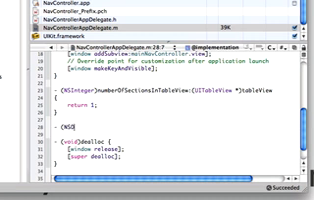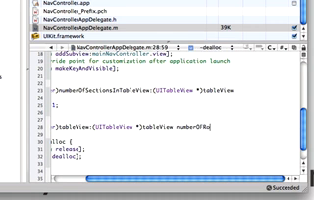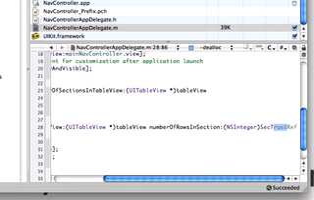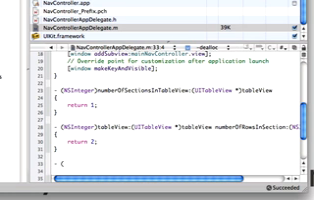Now, tableView, UITableView, numberOfRowsInSection, NSInteger section. Of course, we only have one section, so we can return a constant 2. We want a table view with only 2 rows and 1 section. And then the final method, the one that we're going to use to return the cell that we want for any given section and row,